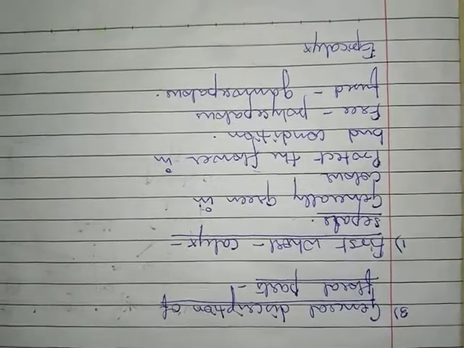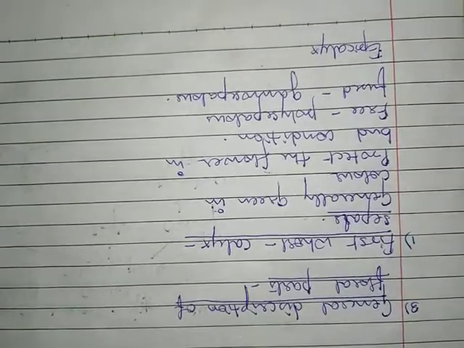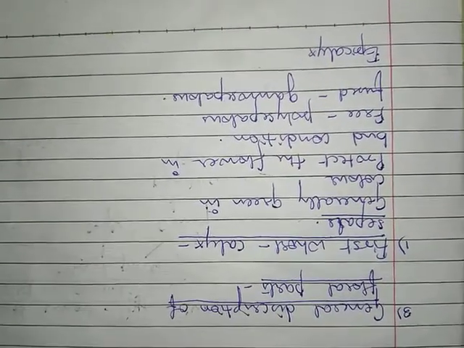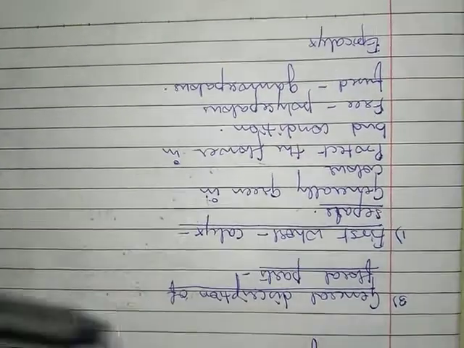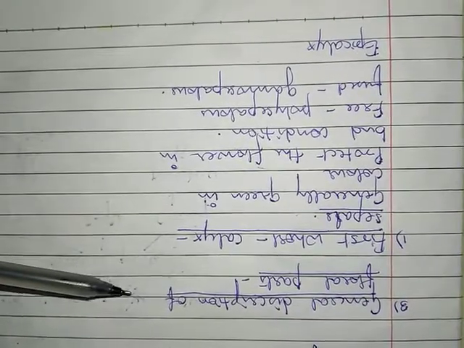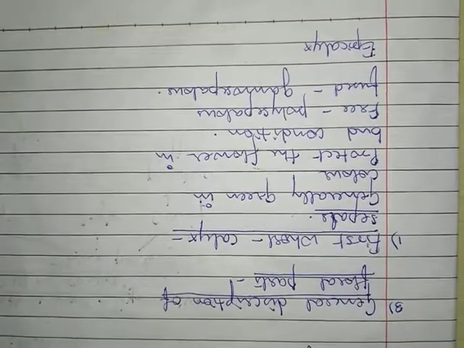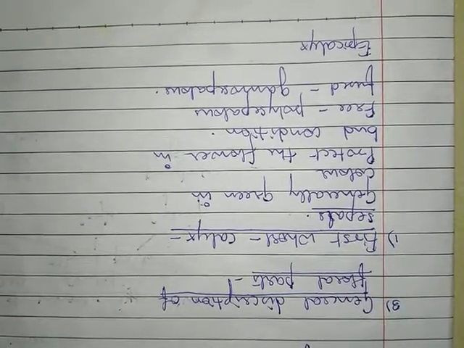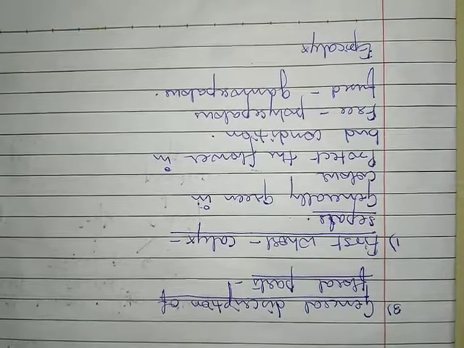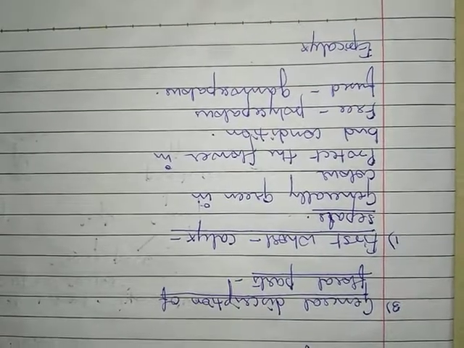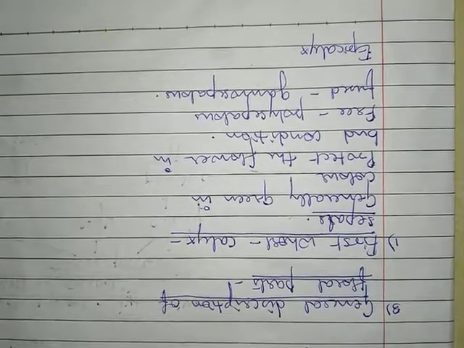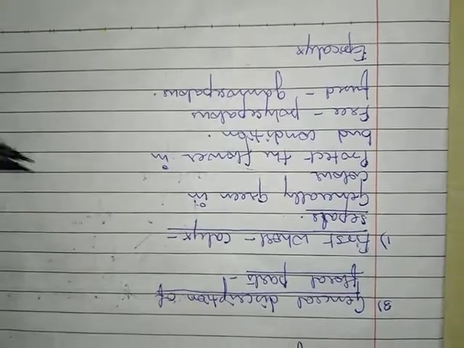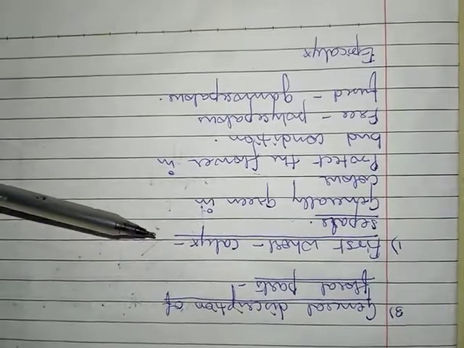Okay, hello children. In the previous video, we studied what is a flower and we saw the structure of a typical bisexual flower. Now we are going to start with a general description of the floral parts. I have already told you that the four floral parts, calyx, corolla, androecium, and gynoecium, are arranged on the thalamus in four different whorls. So we are going to study those four floral parts in detail over here in the general description of floral parts.